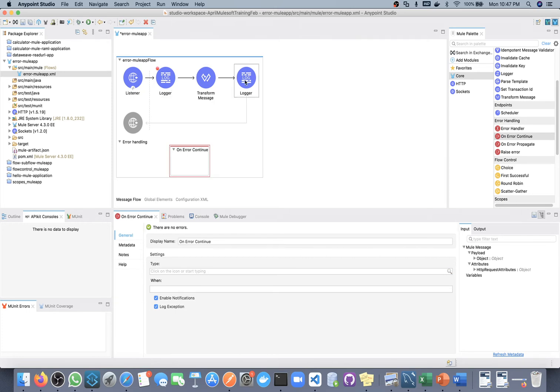So whenever there is an error here, it will take that error and send a success response. Okay, so how will it send? For now I will do nothing, I will just save this.